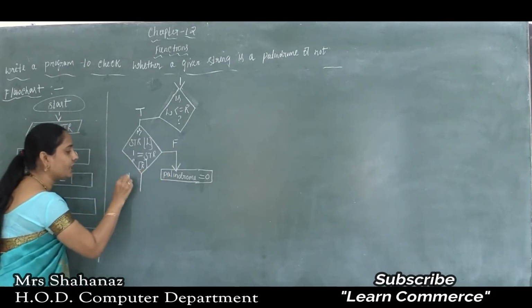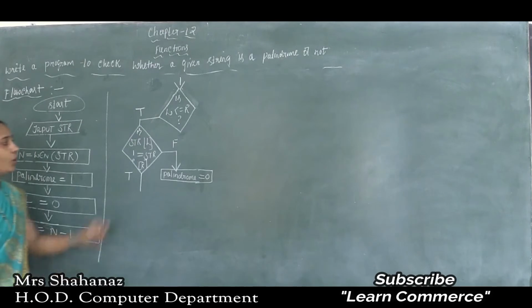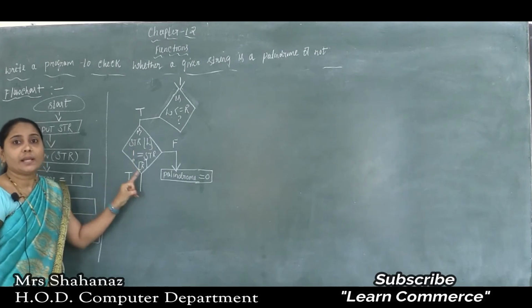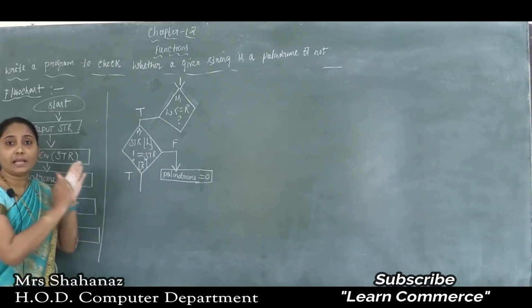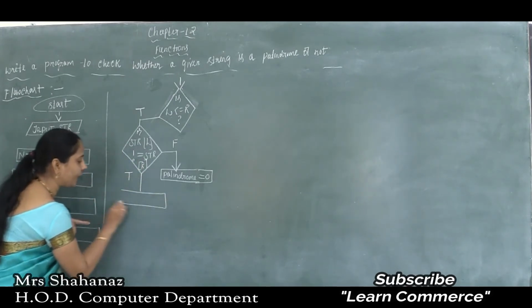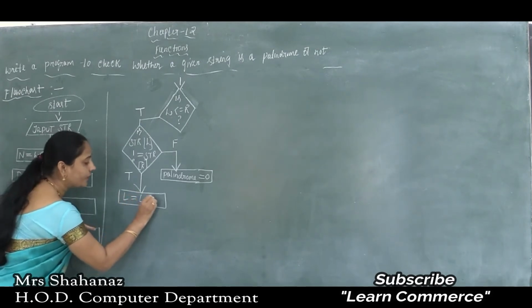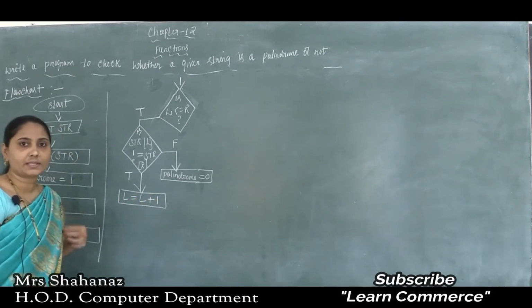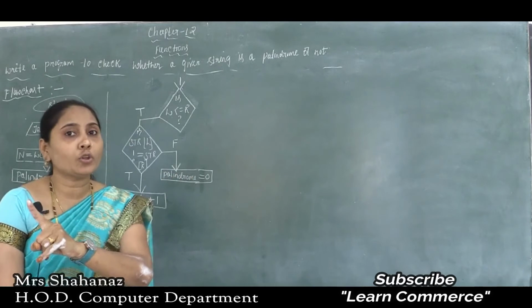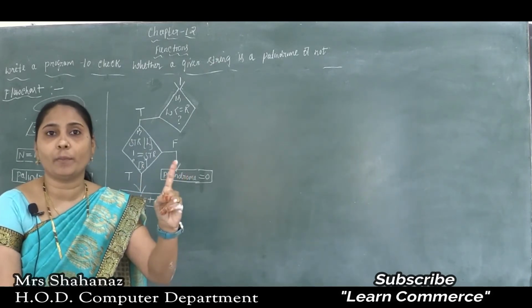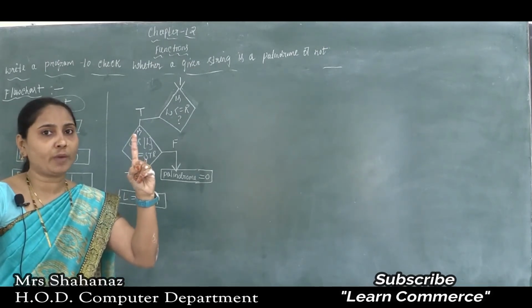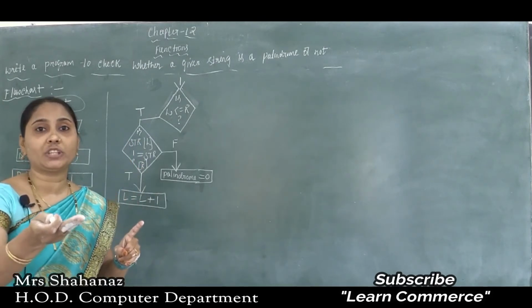If such condition is true, which condition is true? STR of left value is equal to STR of right value. The left value is equal to right value. If such condition is true, then sure we can say that L value is equal to L plus 1. Is it right here? Correct. So maybe the 0 position value is equal to the 4th position value. What came at the 0 position? M. What came at the 4th position? M. So 0 position value is equal to 4th position value. Both values are equal. Then we are going to check the next character.